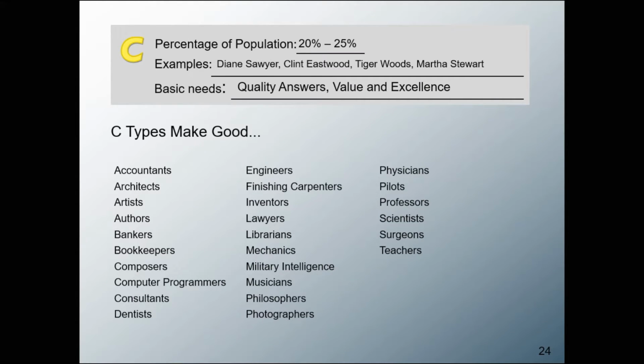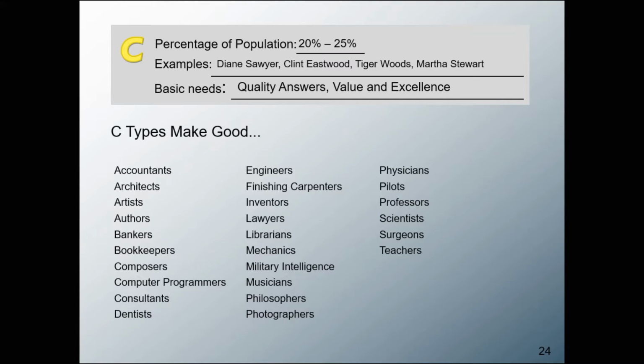What do those people like? They like quality answers. So the worst thing to tell them is "I don't know," or "it depends," because they will look for deep and detailed facts. That's what they're going to look for. They're going to ask a lot of questions to get a quality answer. They look for value, and they look for excellence as well. So they will make sure that the work that they do is well done. That's the reason why they'll take a little bit more time to do a good job according to their standard,